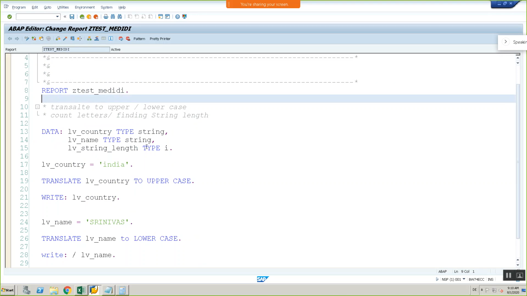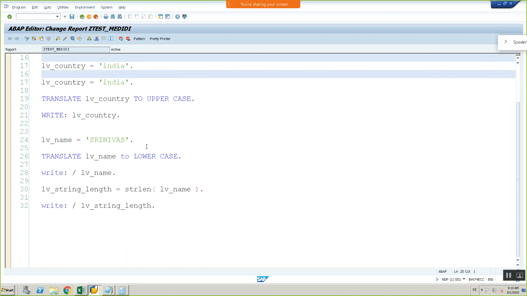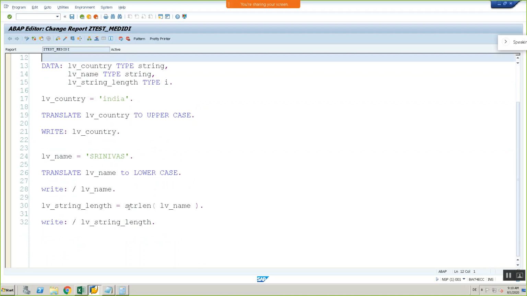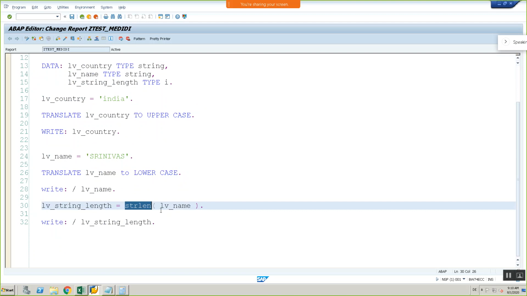Are you there? For this string length, we need to use the keyword strlen, right? Yeah, strlen. So strlen is a keyword, and after this, an important point is there is no space. Since it is of type function, when we are calling functions, after the function name there is no space. It will be followed by a bracket. But after the bracket, we need to give a space followed by the variable name, and then again a space, end the bracket, and then full stop. So string length is a string function which finds the length of a string. Whatever the length may be, it will find it and give it to us.